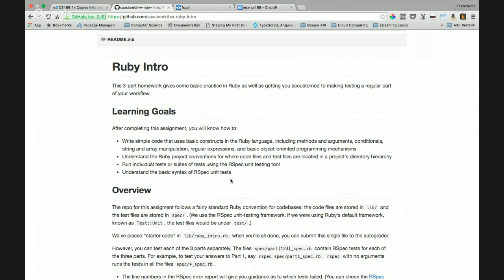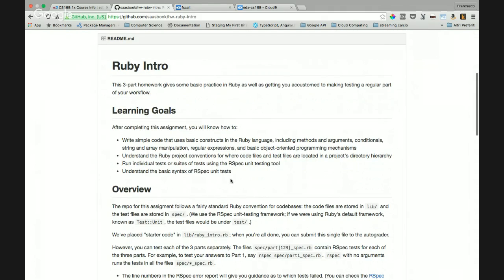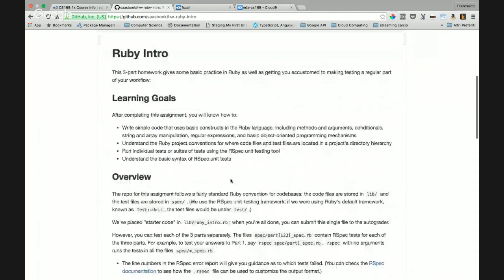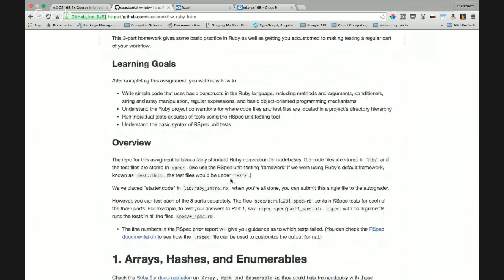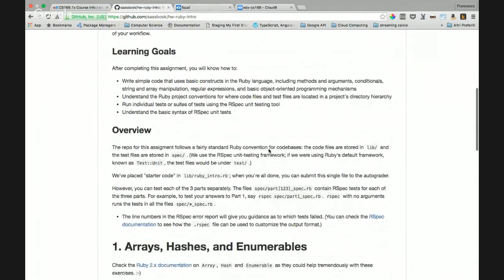There is already some scaffolding in the source code. I mean, the functions are defined. We just need to add the functionality. So code files are stored in lib, test files in spec.